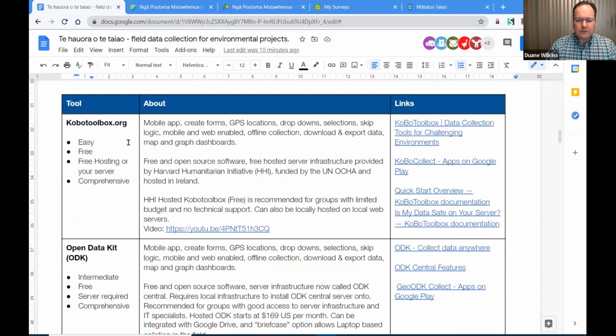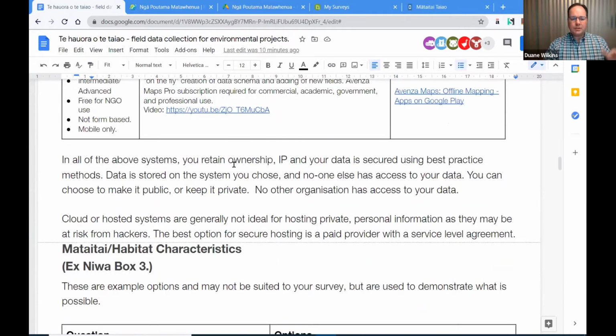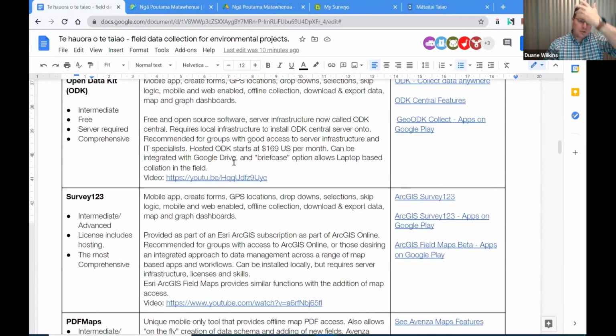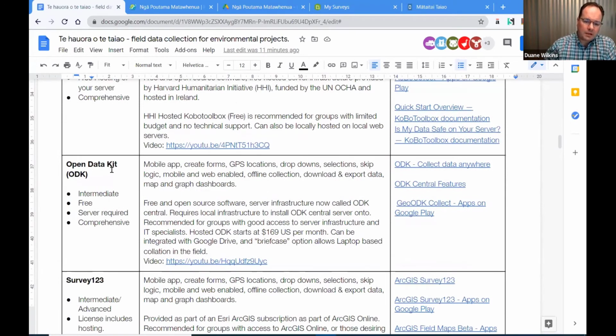There is a bit of information here in a table about 4 key tools that I've used over the years for different purposes. KoboToolbox is a free online hosted funded tool that we'll have a look at, where it's hosted and how it works. That tool is based on